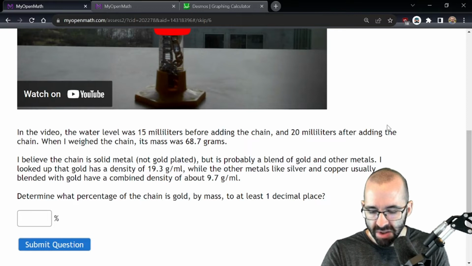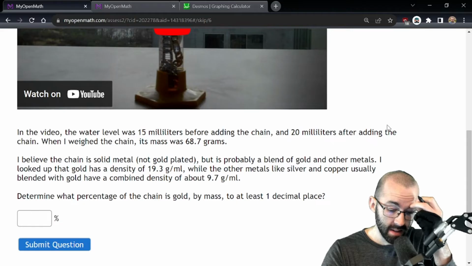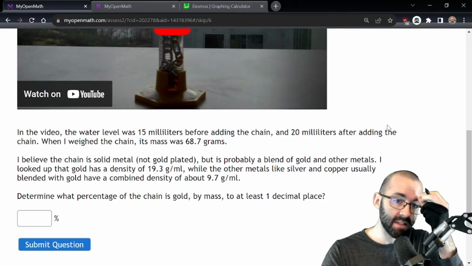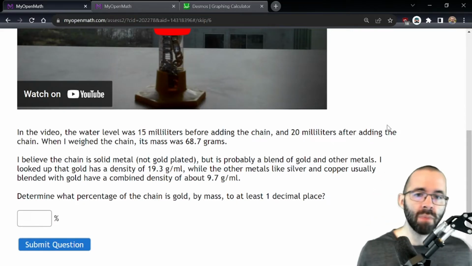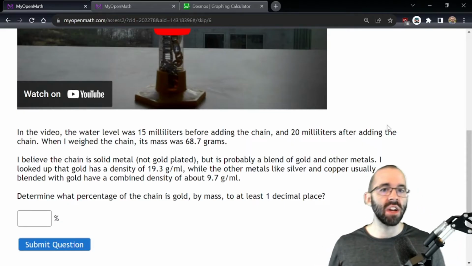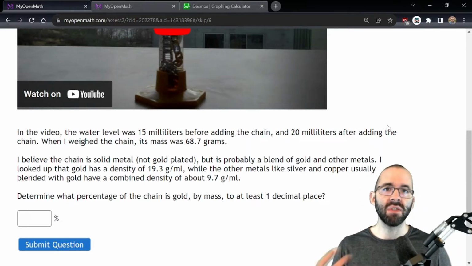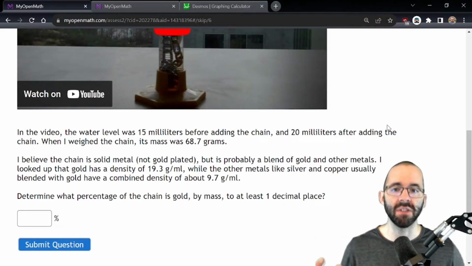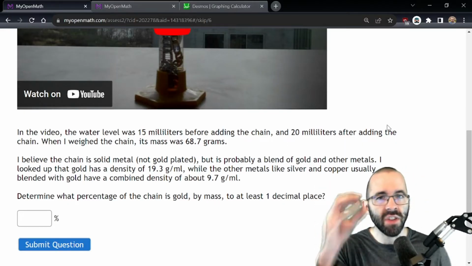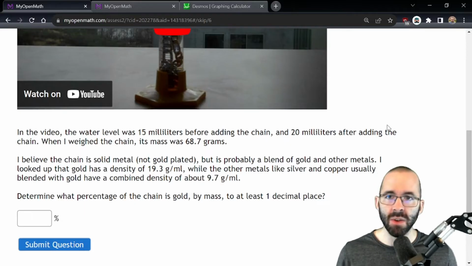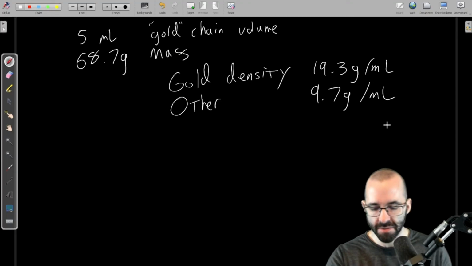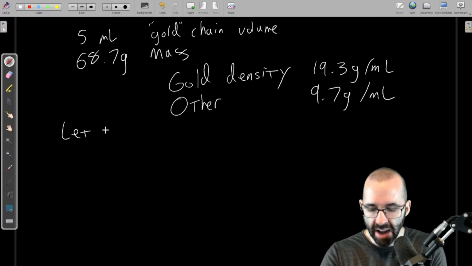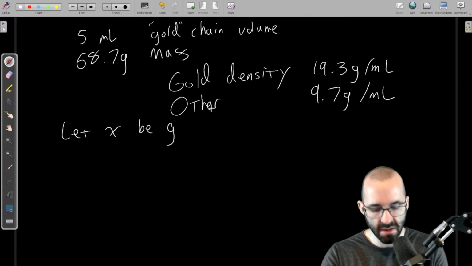So the question is, what percentage of the chain is gold? And we'll determine that by mass to at least 1 decimal place. Okay, so part of the chain is going to be gold, part of the chain is going to be other stuff. Let's find out how much is gold and how much is other stuff. Since that's what we're trying to find out, those are going to be our variables. So let X be the grams of gold